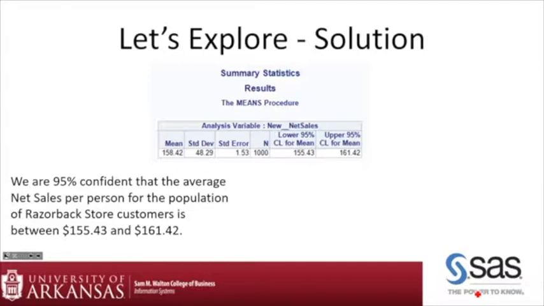So first I'm just going to show you some SAS output. Then we'll go in and we'll actually see which buttons to click to make this happen. Okay? So we already have the mean, our point estimate, right? So if we have the mean, we can represent that with an X bar, right? Are we good with that? We have our standard deviation. We have our standard error.